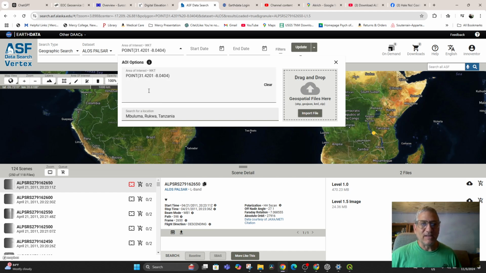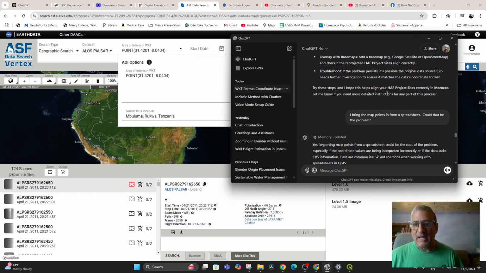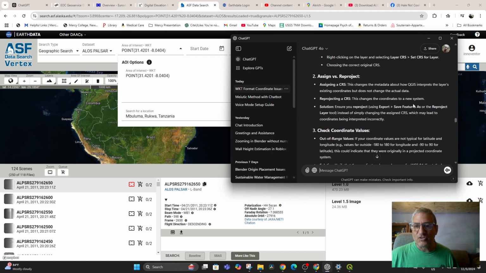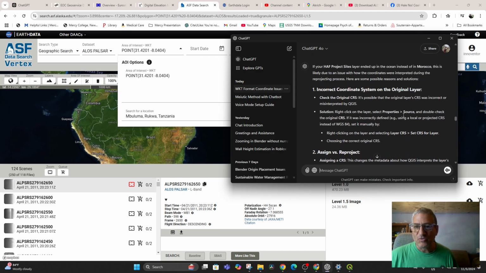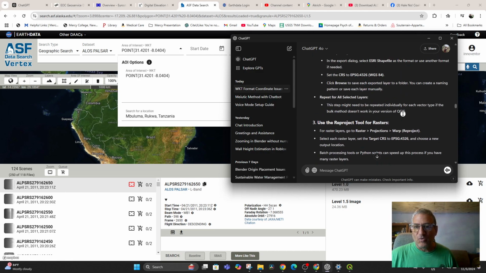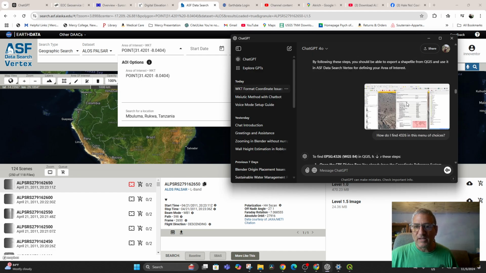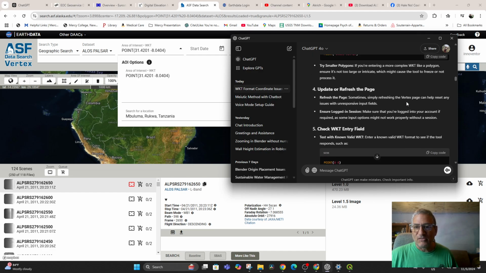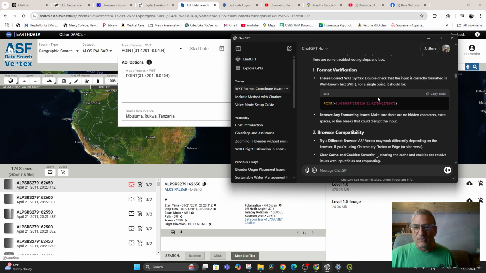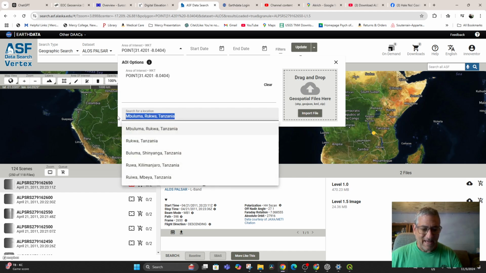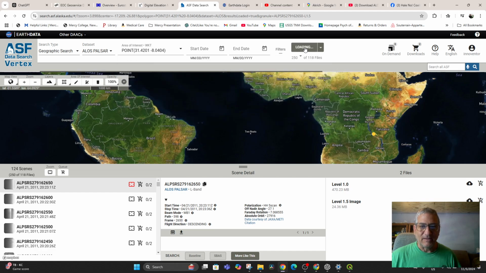And part of it is that these are apparently flipped around. That is what ChatGPT was telling me, that Google Maps uses latitude, longitude, whereas QGIS uses longitude, latitude. So in this long discussion, the first thing that it suggested that we do is to change the point around like this so that it's -8 as the longitude first and then the latitude. So if I grab that, I don't want to be in Tanzania, and I drop that in and then hit update,